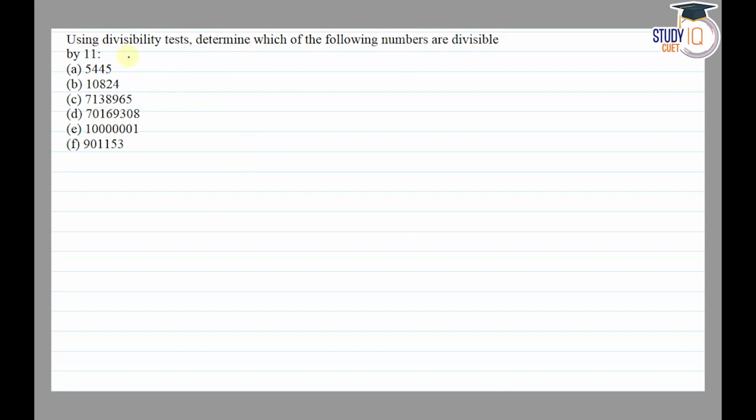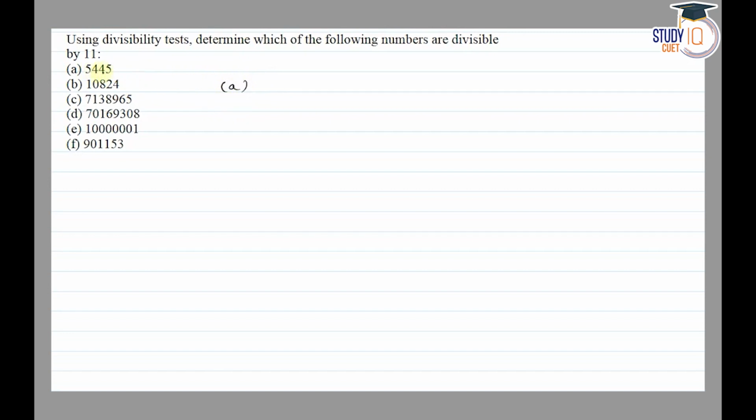The divisibility rule of 11 is: take the sum of the digits at odd places and the sum of the digits at even places. If the difference of the even and odd sums is equal to 0 or is divisible by 11, then the complete number is divisible by 11. So for part A,